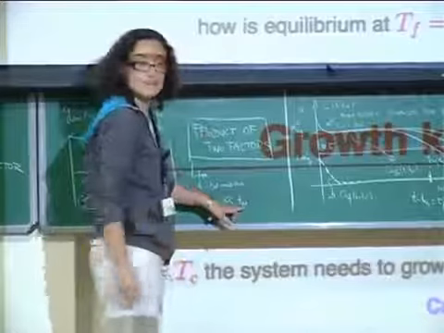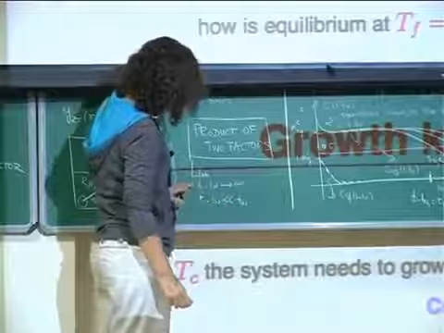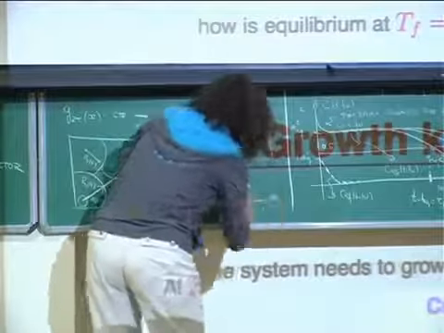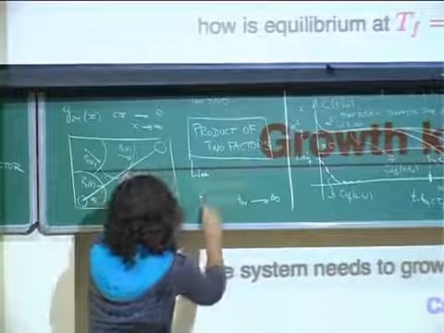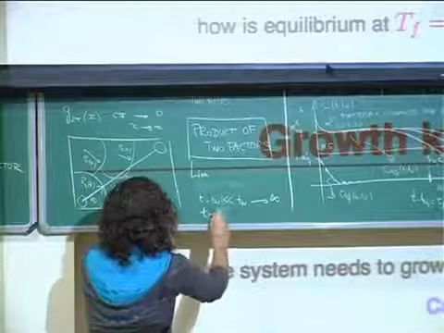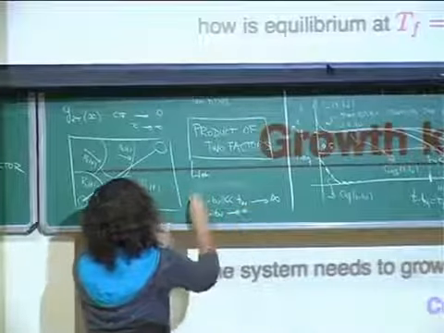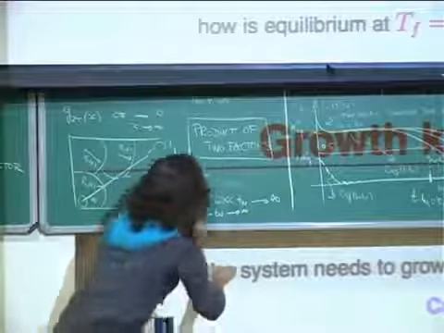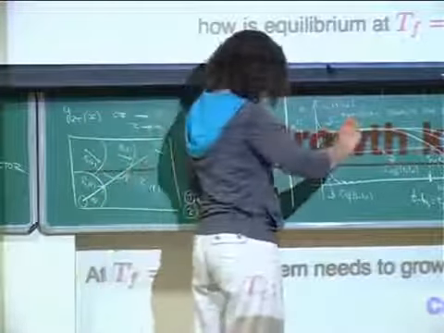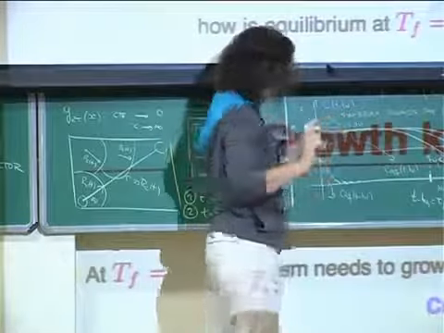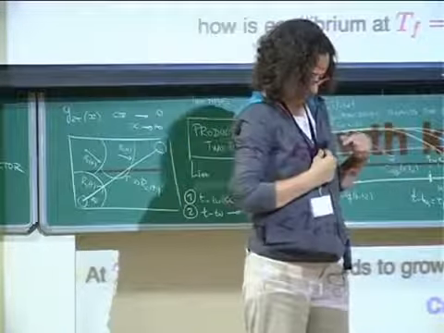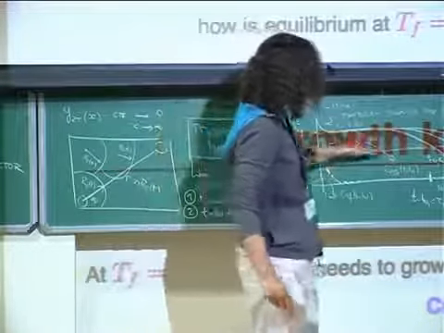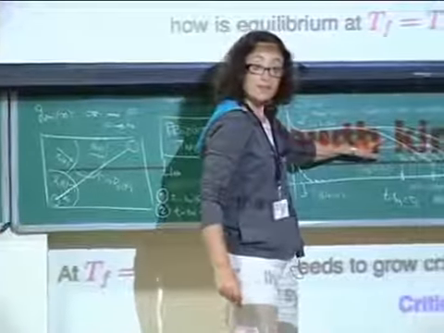You see what I mean? First of all, I take tw to infinity. And next, I take t minus tw to infinity. I should have written it in the opposite order. Let me write it like that: tw to infinity is the first limit I take, and t minus tw to infinity is the second limit I take. So time differences are much smaller than the waiting time in my procedure.